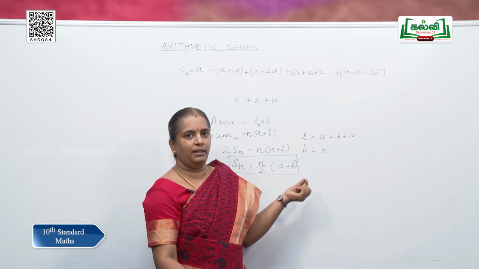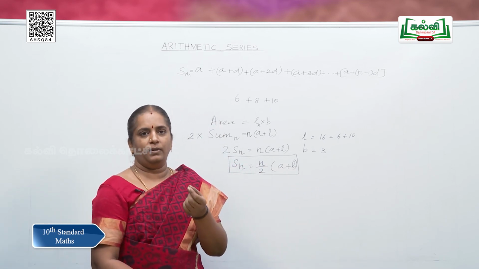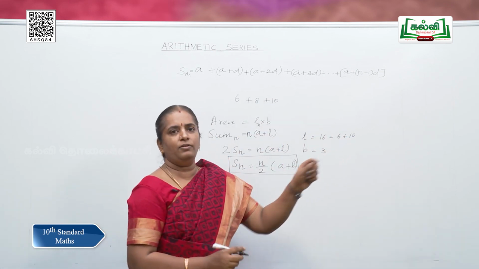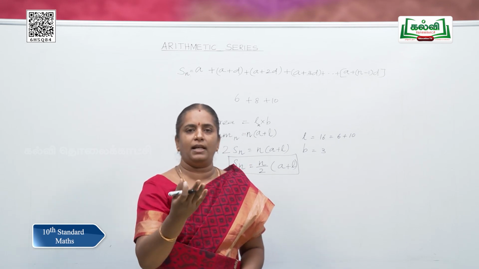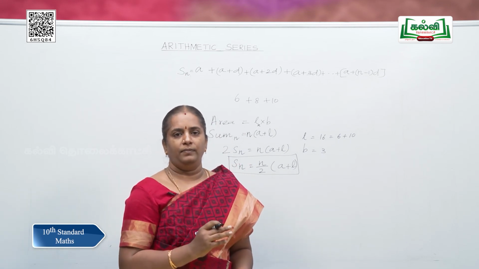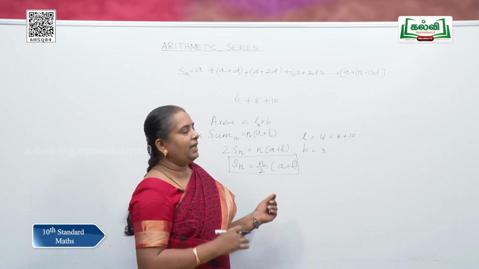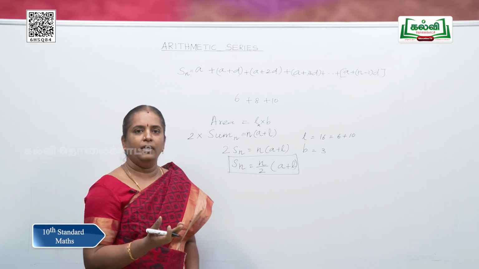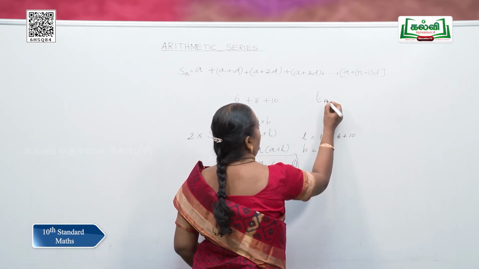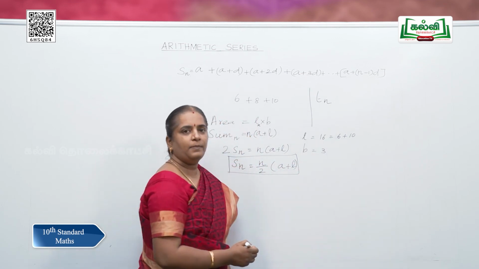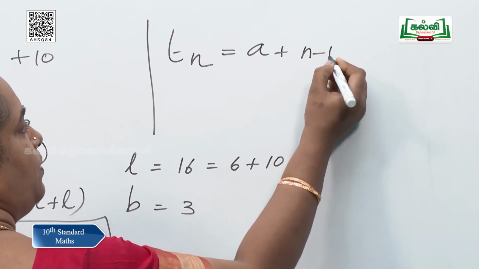You have learned in the last class what is l. l is the last term, and if n terms are there, which is the last term? Let me say an example. If 3 terms are there, which is the last term? Third term. Yes, if 8 terms are there, which is the last term? 8th term. So, if there are n terms, which is the last term? Tn, very good, the nth term. So, you know the formula for Tn. What is Tn for an AP? Tn is a plus (n minus 1) d.